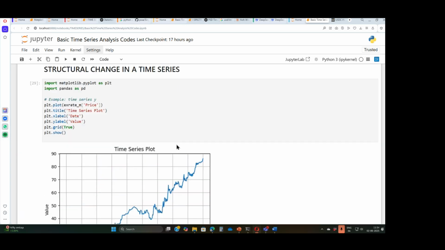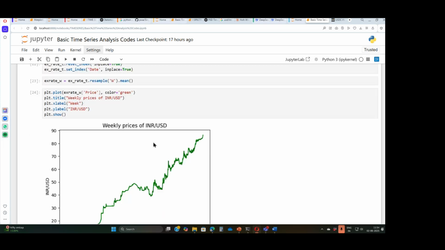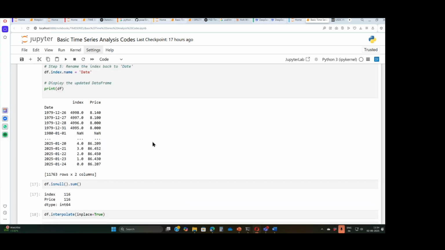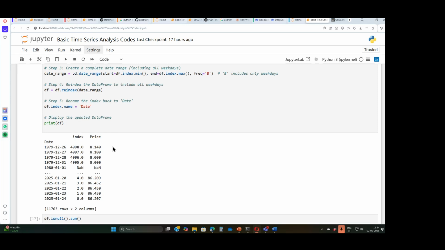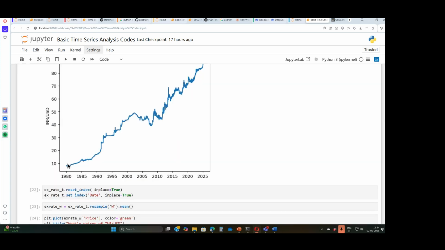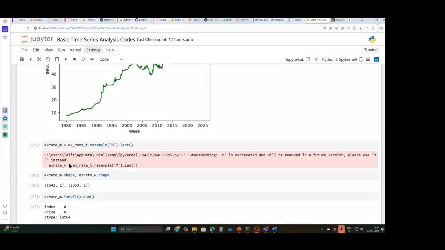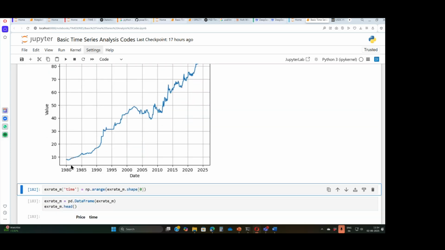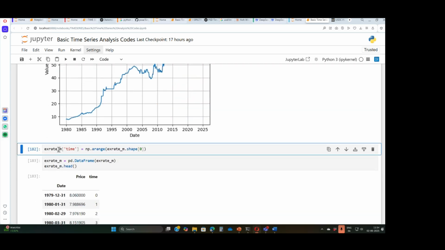Okay, so what I do is I don't have a time variable in this series. So I'm going to introduce a time variable, which is just a number running from, of course, date is there, but date is not a number, so I won't be able to use it. So I'll create a time variable which I'll call 1, 2, 3, 4, 5. How I do that is a simple command, which you should know. I'm creating a new variable in this exchange rate underscore month. The new variable is called time. And how I get the time variable is using a command np, that is numpy dot arange, a range, there's no double R.